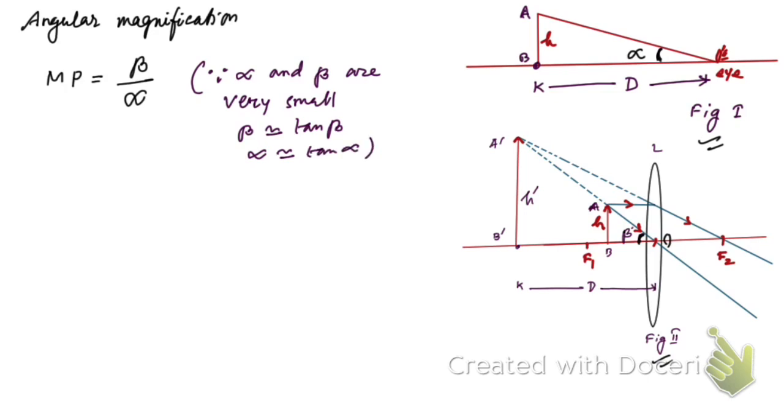So that's why this formula will be equal to, then we're going to get MP, with tan beta instead of beta, right? And instead of alpha we can write tan alpha, right? Hope you have understood this. So now you see that